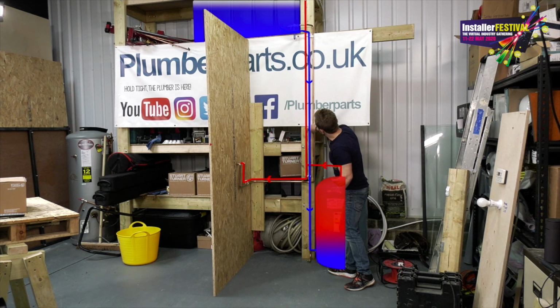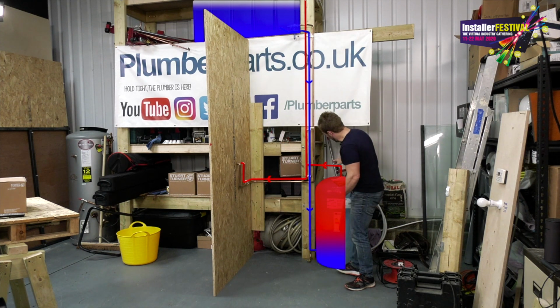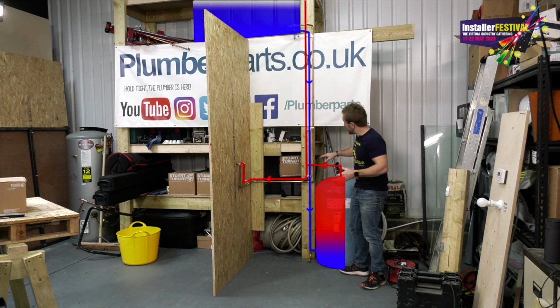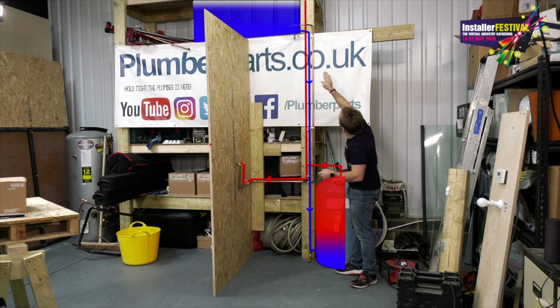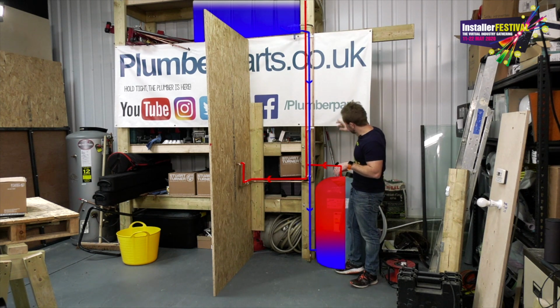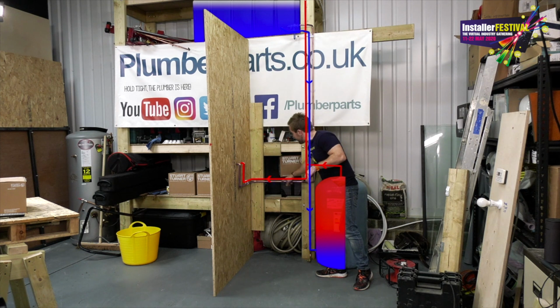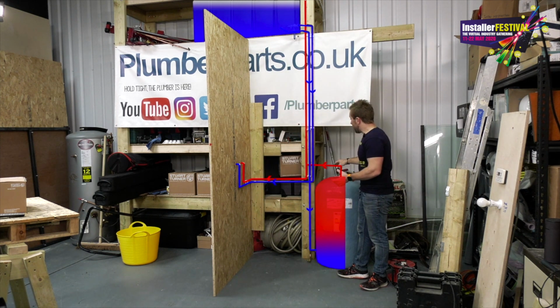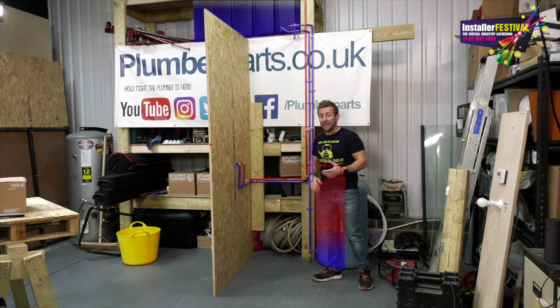We've also got our expansion pipe up there, so when this hot water gets heated up and the molecules get excited, hot water expands, so it needs somewhere to go, so it just expands a little bit up that pipe. It should only very, very rarely run into the top of that tank up there. We've got another dedicated cold feed, really important to have that, off into the cold feed side of the shower valve. So we've got this hot now, let's bung the water on